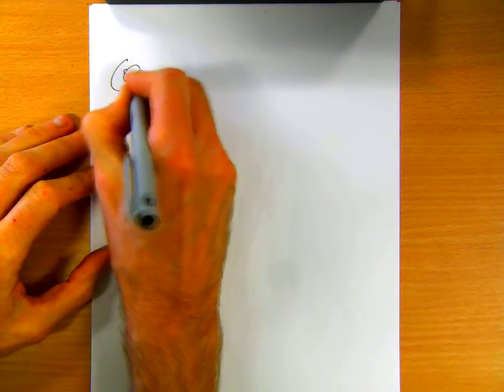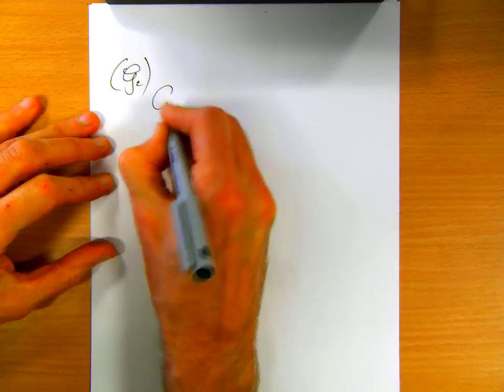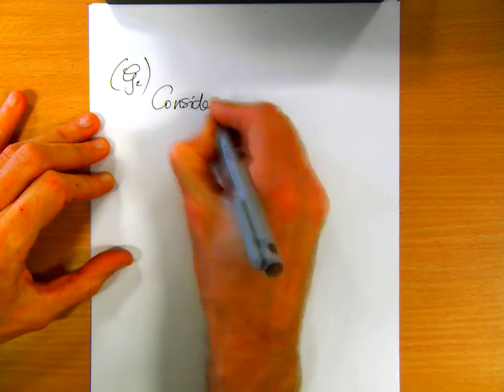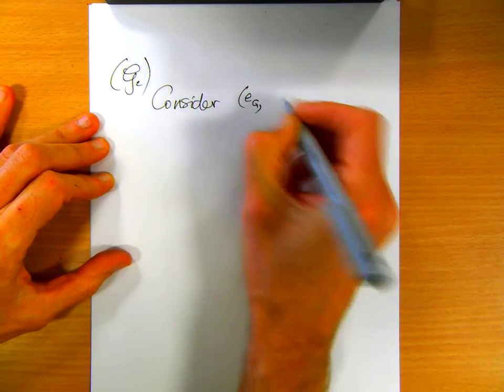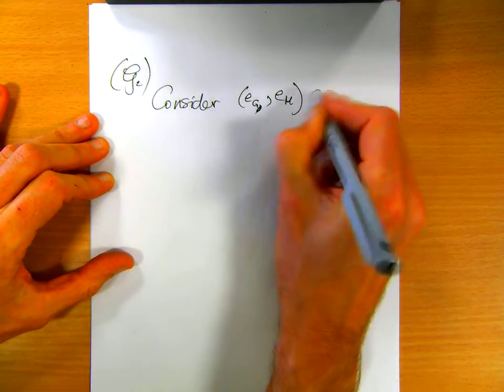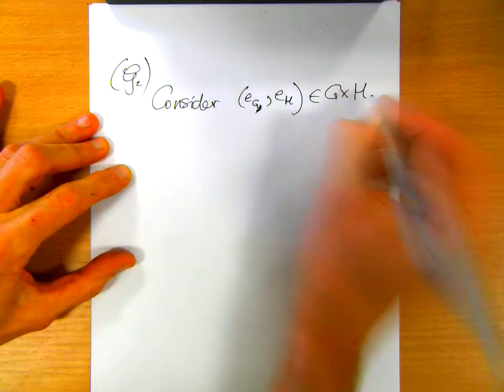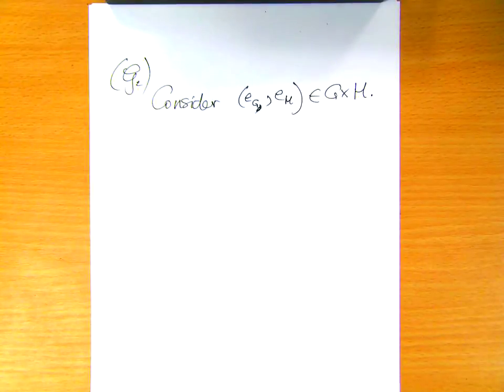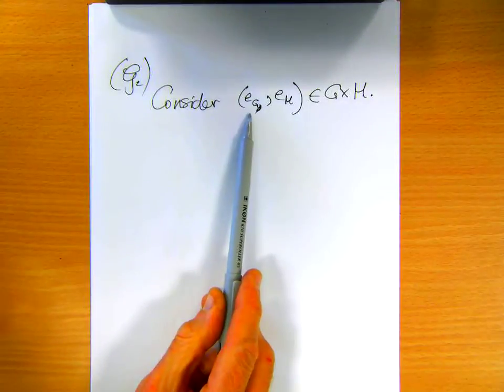What about G2, curly G2? So curly G2 is about an identity element. Well, I've already pointed out what the identity element probably ought to be. So let's consider (e_G, e_H) in G cross H. So that's a special element of G cross H, because G has a special element, so I'm going to put